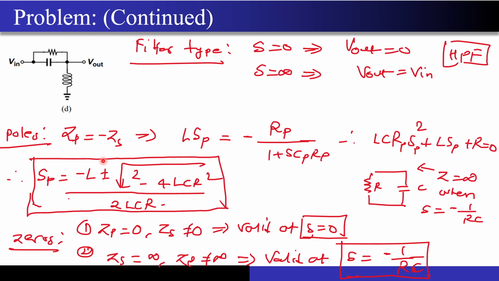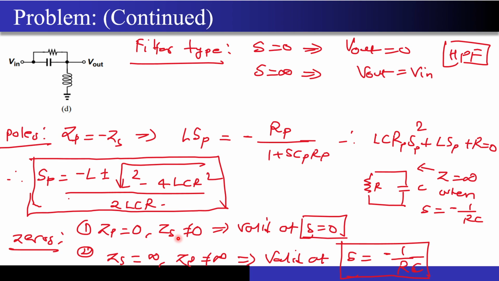Now coming to the next condition, that is putting Zs equal to infinity. Let's try to see whether we can get this Zs equal to infinity or not. Now what we have seen over here, there are two parallel paths. When can the impedance of this combination become equal to infinity? When the impedances of these two individual paths are negative of each other, right? Once you have that, this will act as an open circuit, and there is no connection between the V in and V out. Basically your V out is just going to be 0 in that particular case, because there is no connection between the output and the input.